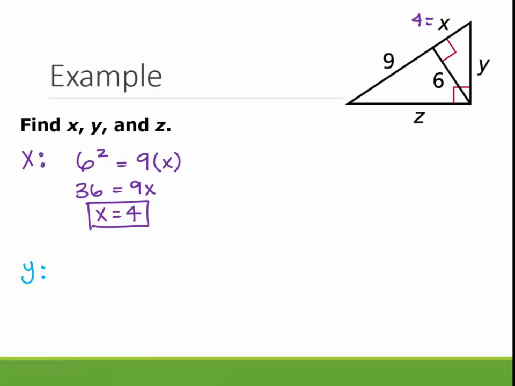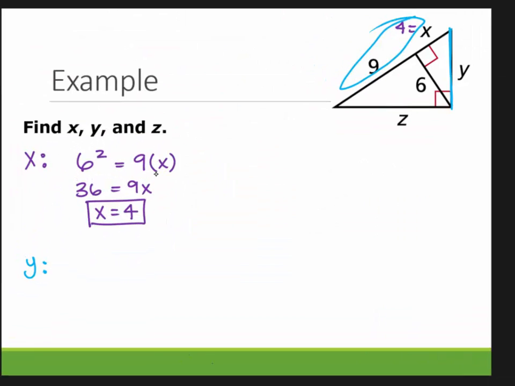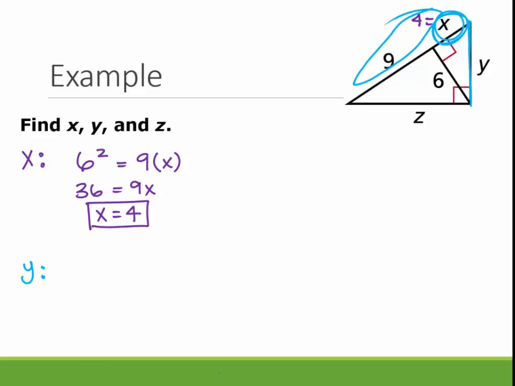So let's find y first. Remember that this leg is the geometric mean of the whole thing, the hypotenuse, and the little guy that's sitting next to it that we just found. So we know that y squared is the geometric mean of the 9 plus 4 and 4. So instead of writing 9 plus 4, we'll just write 13. So y squared is 13 times 4, which is 52. And if you take the square root,